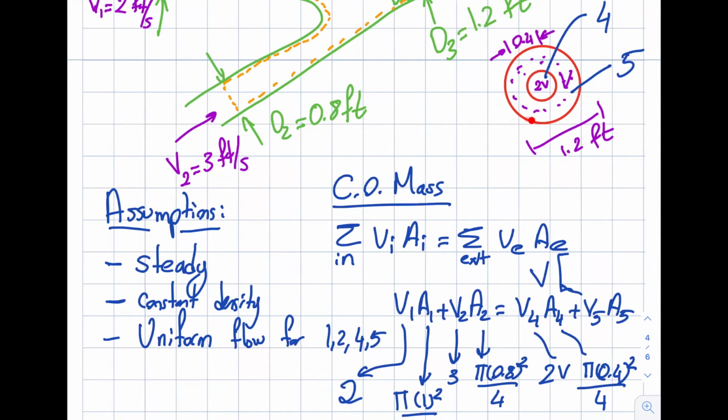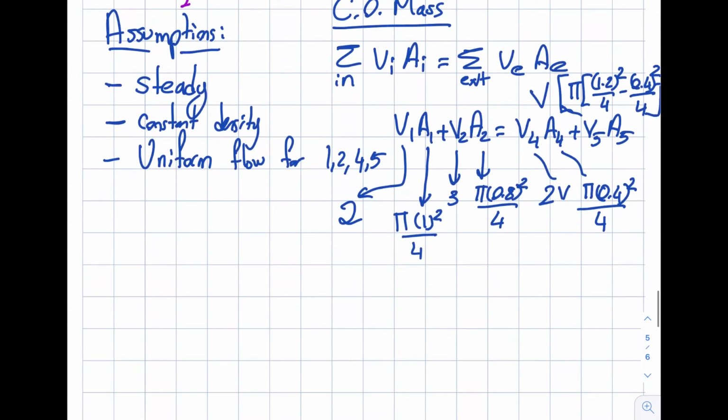It will be the entire area of the circle minus this interior one. So think of this as like a donut, right? So this is the region that you eat, right? So I'm going to take this entire area minus this area. That will leave me what I need over here. Pi times 1.2 squared divided by 4 minus 0.4 squared divided by 4, and then close the bracket. So let's just write this nicely. First thing is, I will cancel the pi's. Do you see it? Every term is multiplied by pi, so I don't want to rewrite this. So it's going to be 2,